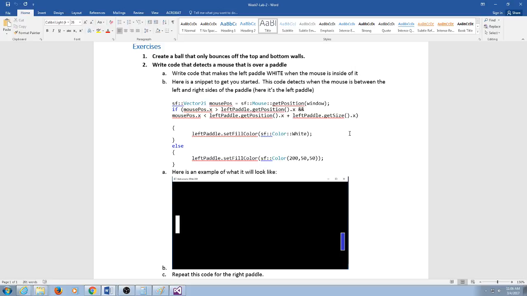So that logic for the ball bouncing off the top and bottom walls is actually exactly the same logic that we just used to constrain the paddles to the top and bottom. What you actually just did when writing the constraining behavior was you wrote collision detection for the top and bottom of the screen. You actually had the paddles colliding with the top and bottom, and you did something about it when they were colliding. So the ball collision is the same concept, where you want a ball that moves. You want to have a velocity on the ball, just like what we did for the cannon, the homework, the lab last week. And I want it moving at an angle, but I only want it to bounce off the top and bottom. Now, bouncing means that the ball,